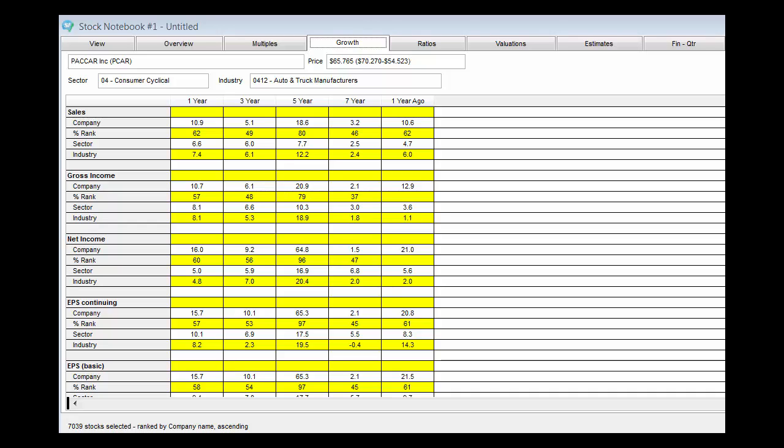The layout of the Growth tab looks similar to the Multiples tab, but it is actually quite different. While showing the company figure, percent rank, sector figure, and industry figure for each growth number is a carryover from the structure of the Multiples tab, the column headings are quite different. Instead of averages, the annual increase or decrease over the most recently reported 1, 3, 5, and 7-year periods is shown. The tab includes growth figures for sales, net income, earnings per share, cash flow per share, and dividends per